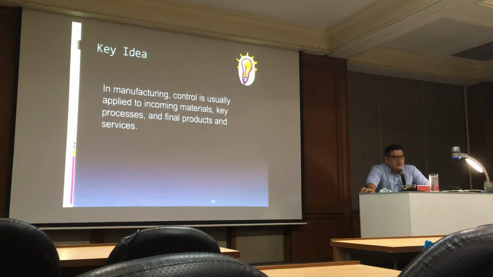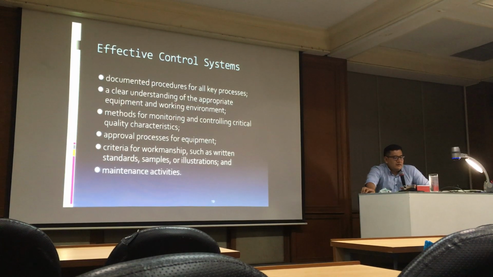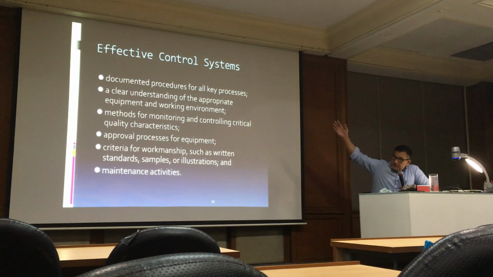So finally, for example, in manufacturing, we're going to control the key processes. We're going to do it at the early stage of your production, such as your incoming material from the supplier, and also before we deliver the product to the customer. The effective control system of the process requires